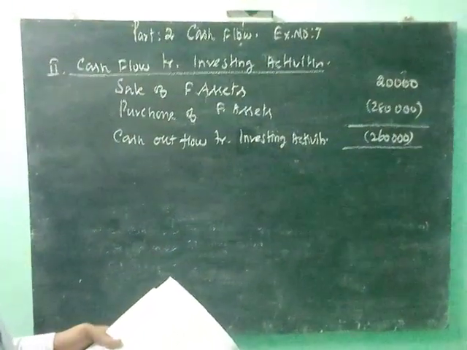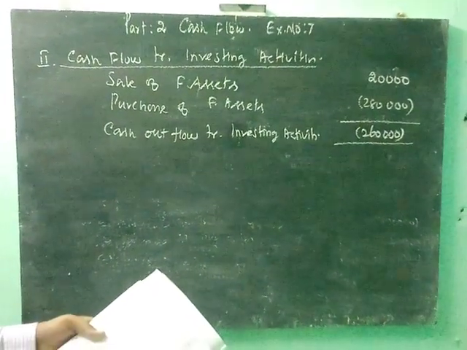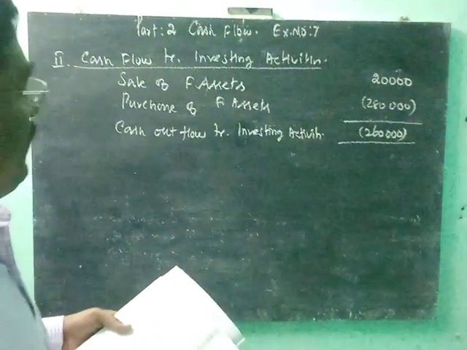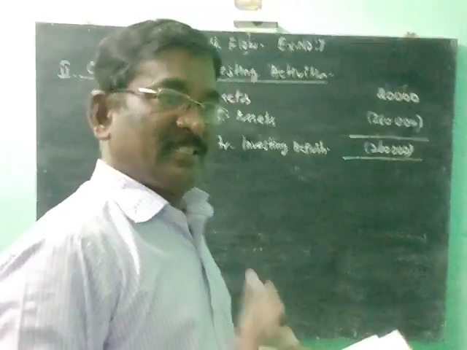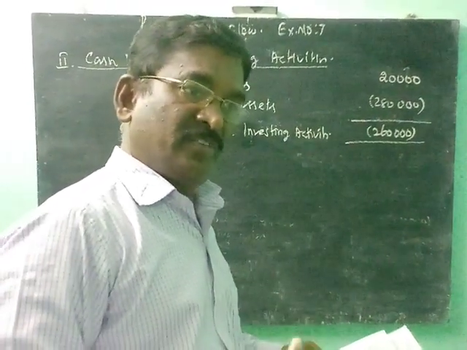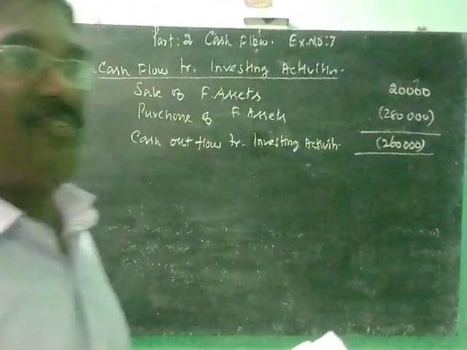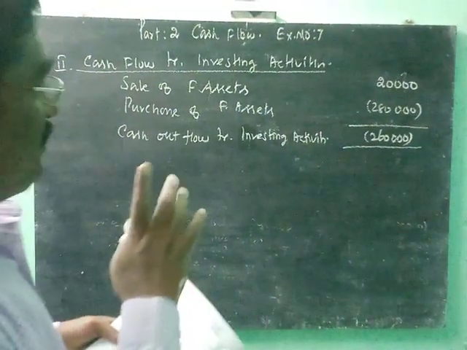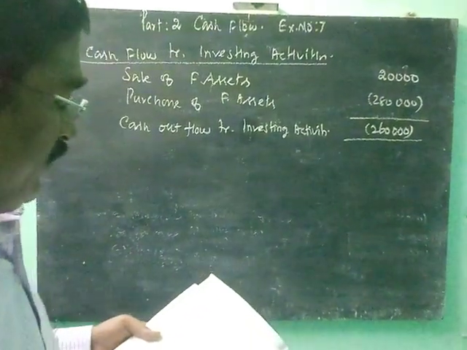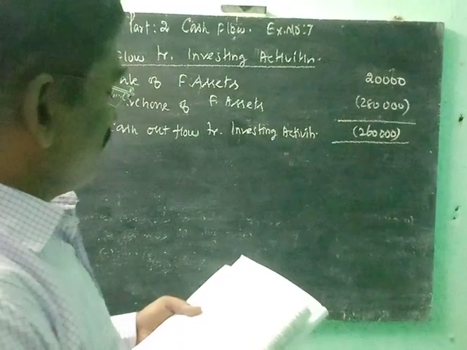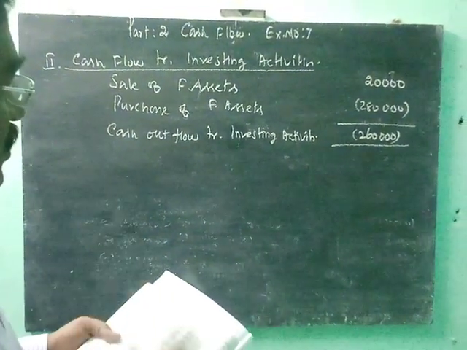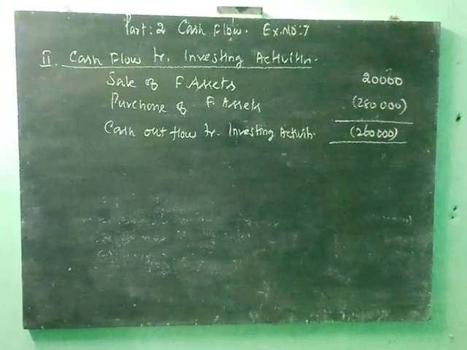Cash flow from investing activity. In cash flow from investing activity, only purchase of fixed assets and sale of fixed assets appear. No more information appears. In this problem, sale of fixed assets 20,000 is given in the adjustment, and one balancing figure in fixed assets is the purchase of fixed assets. So the Roman numeral 3 is